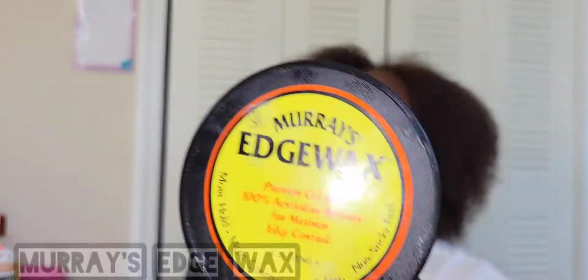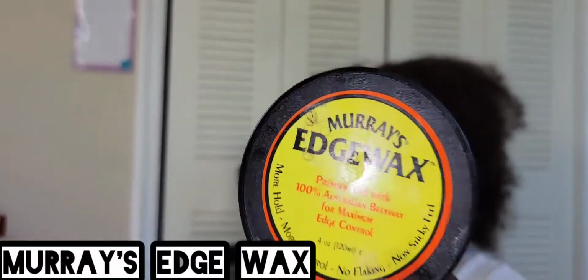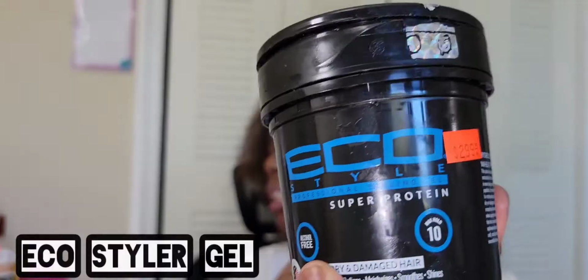So the products that I'm going to be using today are my Murray Edge Wax right here. I'm going to be using my stocking cap. I have this stocking cap for a long time. The stocking cap can have 2 holes. So this is for my head, and then right here for my ponytails, I just put my ponytail through the hair so it doesn't shrink. And then my styler gel,